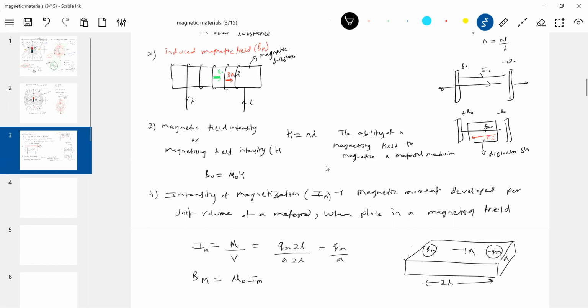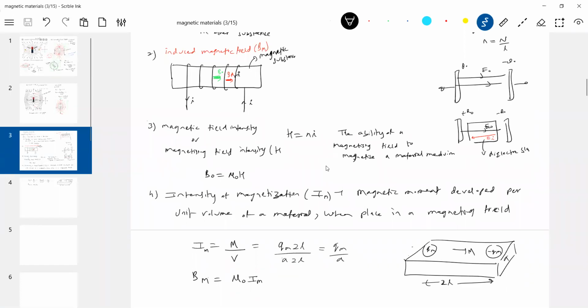Let me carry on with this one. So the induced magnetic field, how to measure that? Mu naught times the intensity of magnetization. How to calculate intensity of magnetization? Total dipole moment of the substance per unit volume. So what is the dipole moment? Let's say we put a bar magnet, an iron rod, and it gets magnetized. Then I measure the pole strength into magnetic length, which gives the total dipole moment of the bar magnet per unit volume. So it's nothing but pole strength per unit area. We can also define this as pole strength per unit area. Like this, we're able to express that